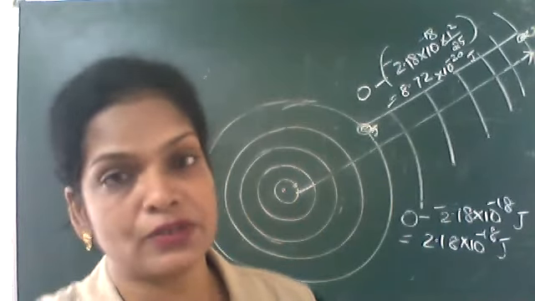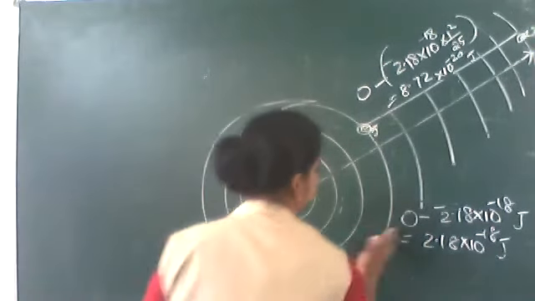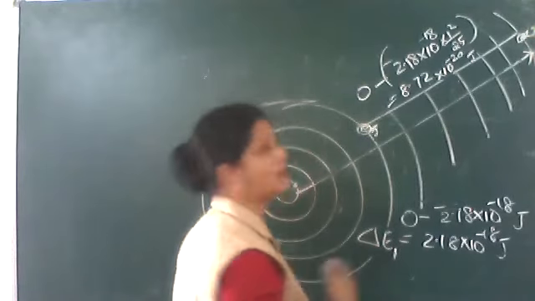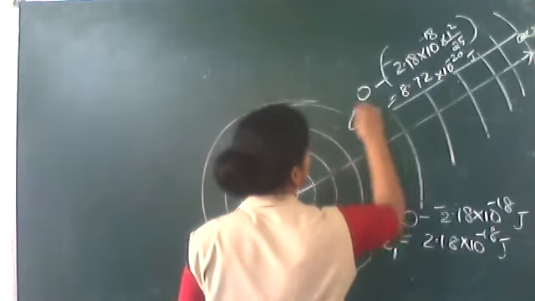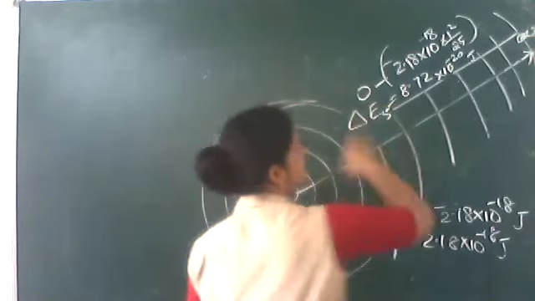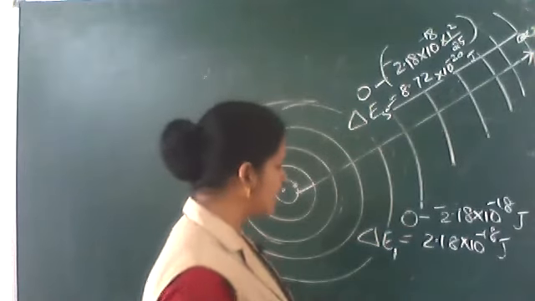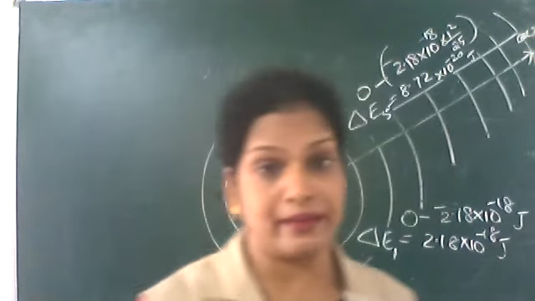Okay, so second portion, compare your answer with the I.E. of hydrogen. So you divide it. This is delta E1, let it be. We are naming it. We have to compare it. Let this be delta E5, meaning 5 to infinity. This is 1 to infinity. So you divide delta E1 by delta E5. That means we are comparing.